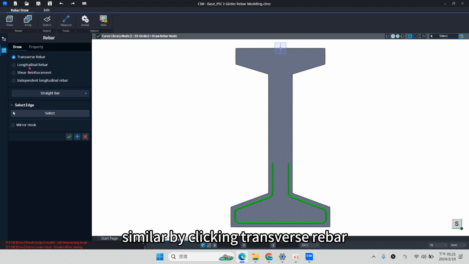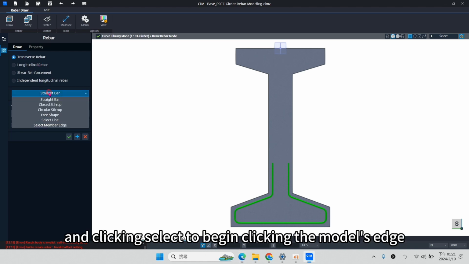Okay, so similar, we can create in transverse first with the package.